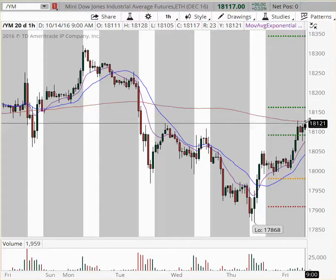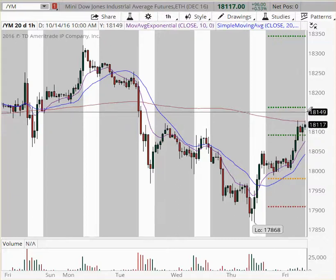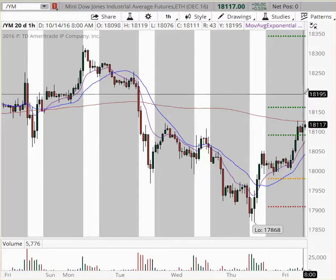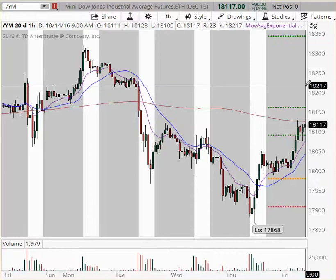18,120 is going to be our entry and my interest zone for a long position, with the first target into 18,150. Second target is going to be obviously into the 18,170 area because it's that daily resistance, and if we manage to break above this, 18,200 is going to be one of my last targets, and obviously it does have room to run into